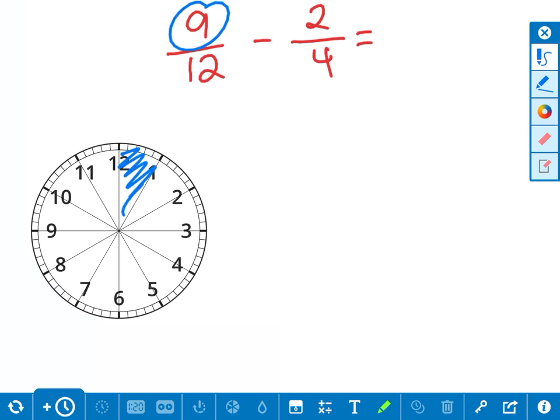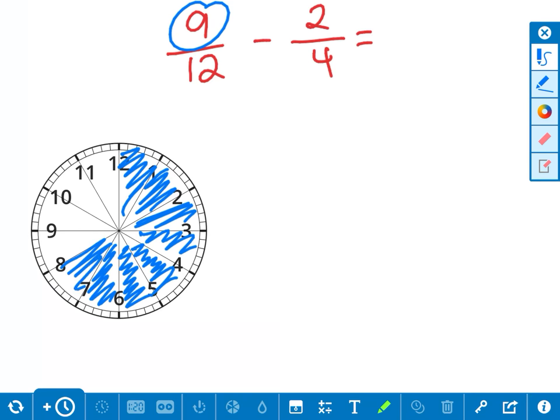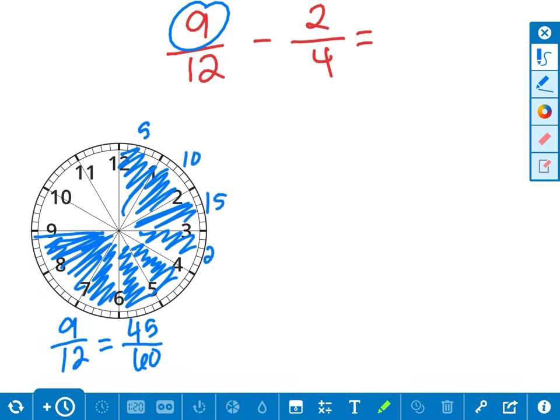So I'm going to color in 1, 2, 3, 4, 5, 6, 7, 8, 9. There is my 9/12 colored in. Okay, so 9/12 can also equal 45 minutes out of 60. Remember, each part is 5 minutes, so 5, 10, 15, 20, 25, 30, 35, 40, 45. So 45 minutes out of 60, or, and take a look here, let's switch colors, or 3/4